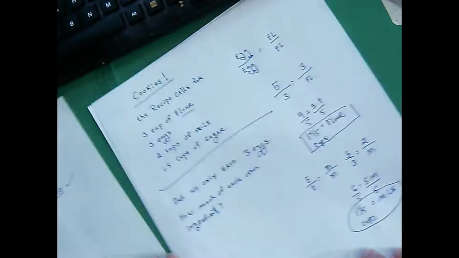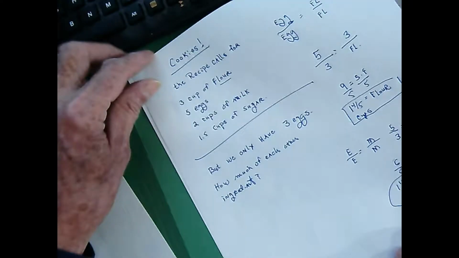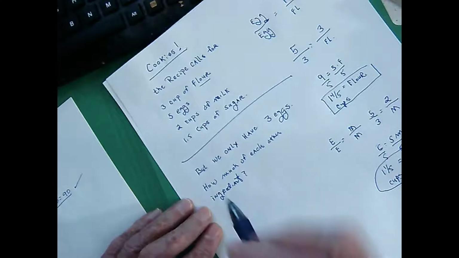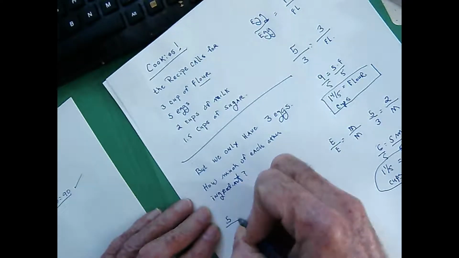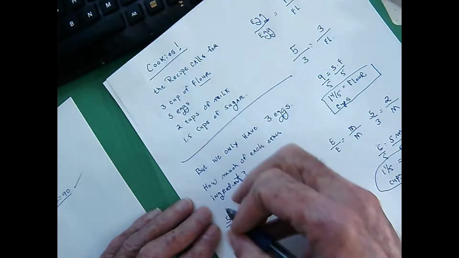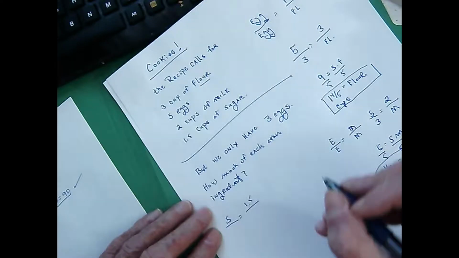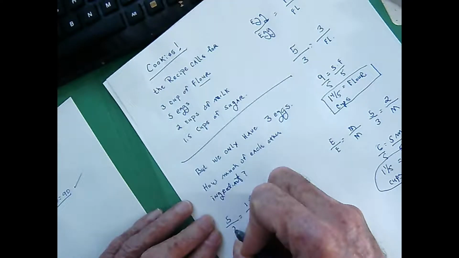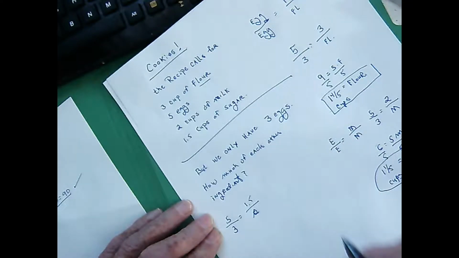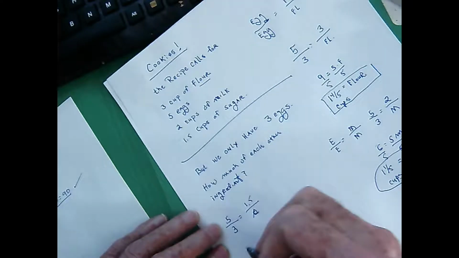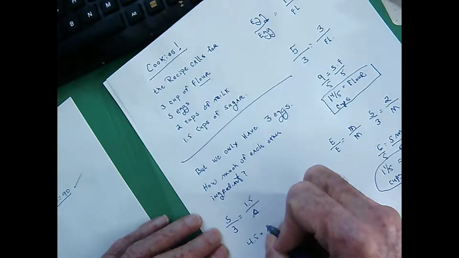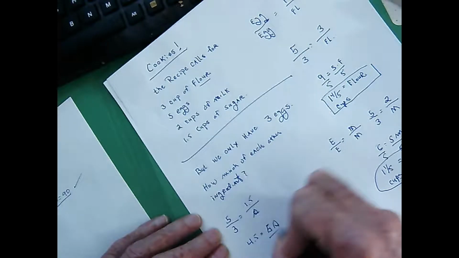One more time as we start experimenting with proportions, let's figure out how much sugar we would need. I'm sticking with the limiting ingredient, which is eggs. And 5 eggs is enough for 1.5 cups of sugar. But if I've only got 3 eggs, how many cups of sugar would you need? Let me make an S like that, standing for sugar. When I cross multiply, 3 times 1.5 is 4.5, is equal to 5 times S. Call that 5S. Divide both sides by 5,